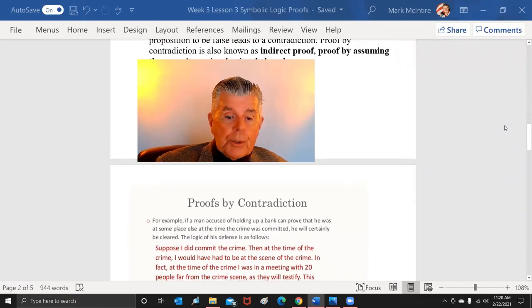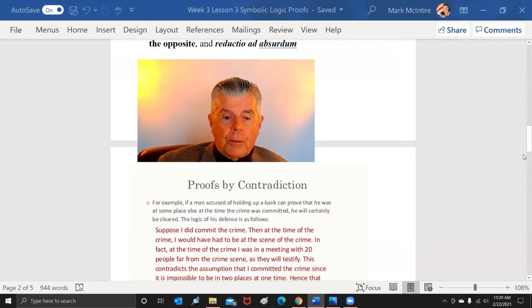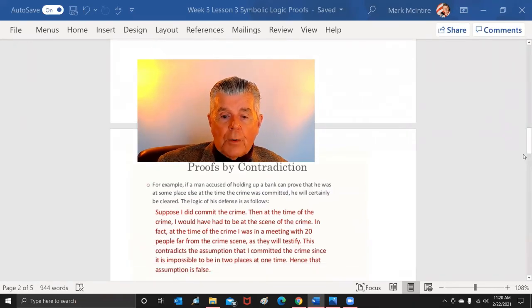Suppose, for example, a man is accused of holding up a bank, and he can prove that he was at someplace else at the time the crime was committed. He will certainly be cleared. The logic of his defense is as follows. So his attorney would